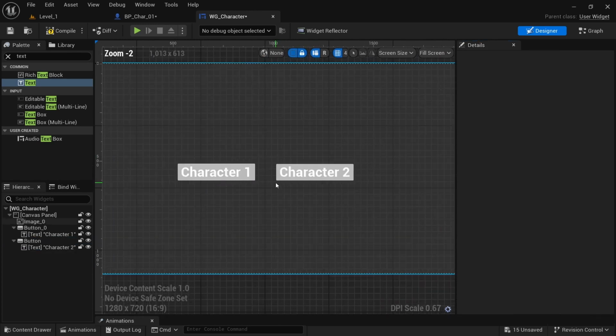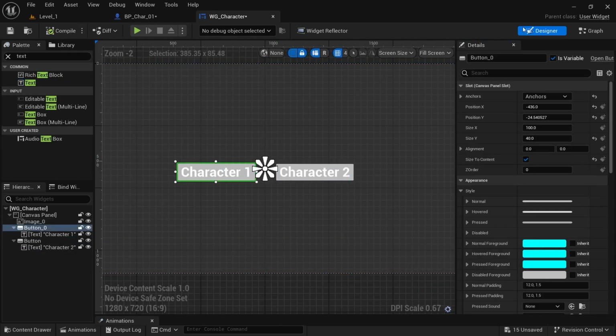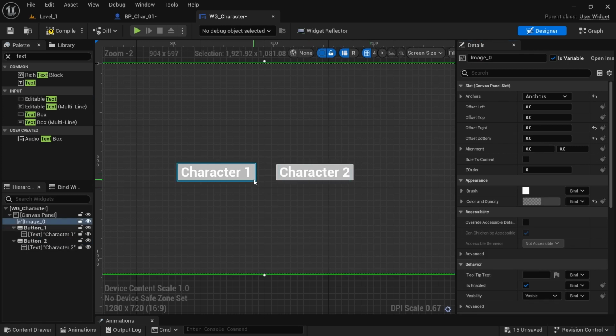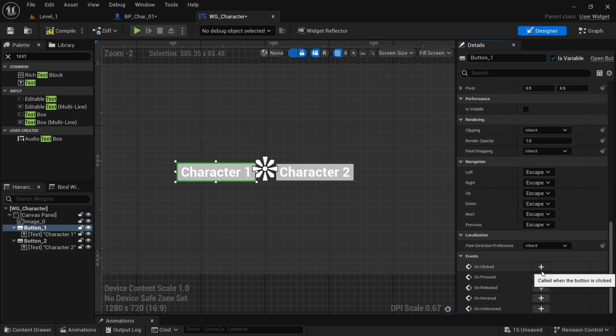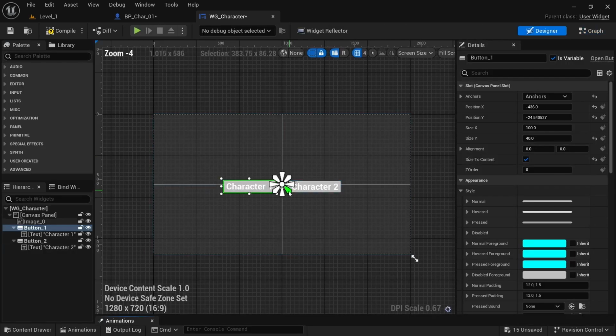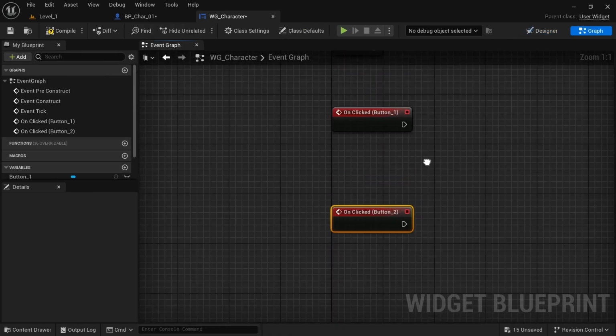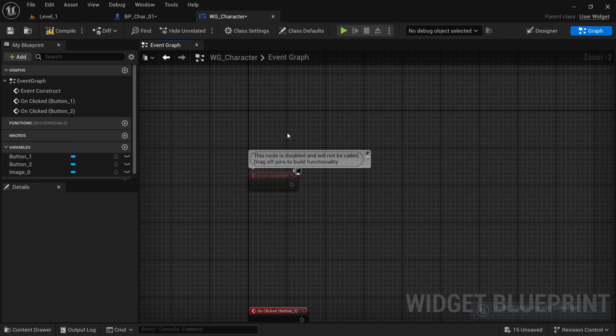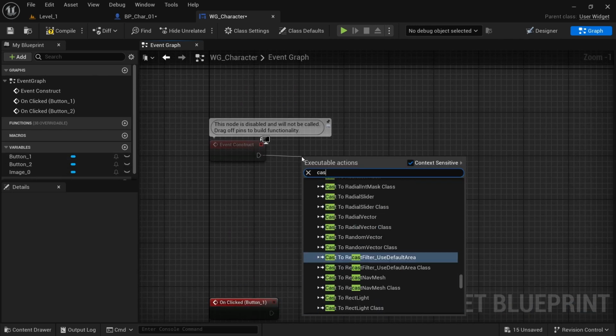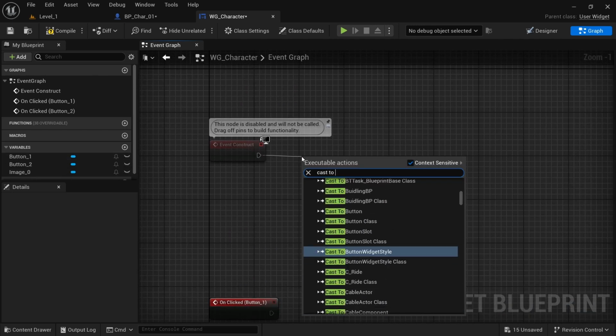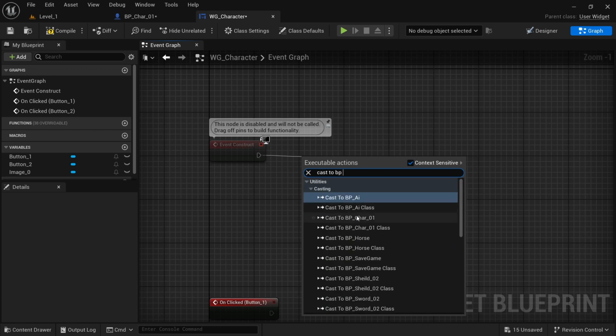Alright, so I scaled these up just to make them easier, and then on each of these buttons I'm going to just call this button 1 and then button 2. You can call them character 1 and 2. I'm just going to do button, and then I'm going to select the button and do on-clicked, go back to design, click on the second one, and then on-clicked. And then we can delete these ones, and on event construct I want to cast to the BP character 01,